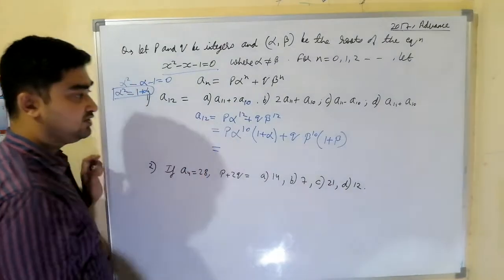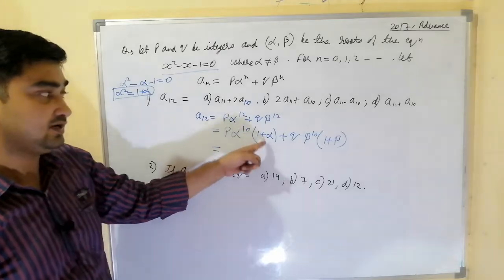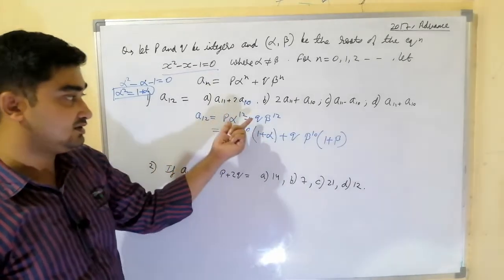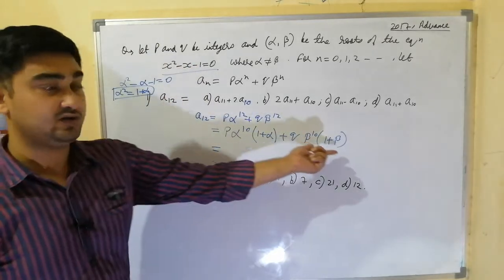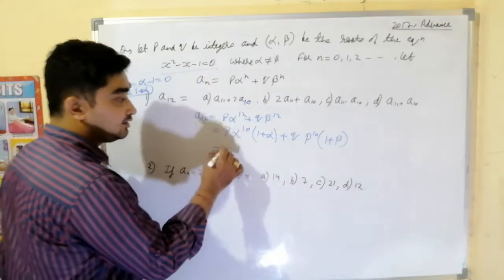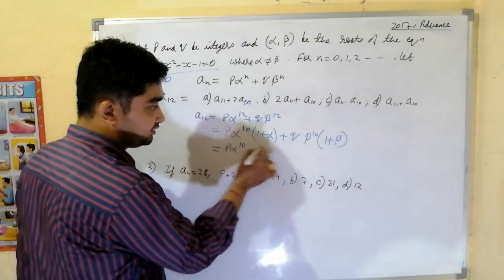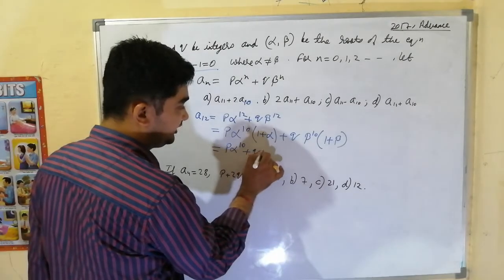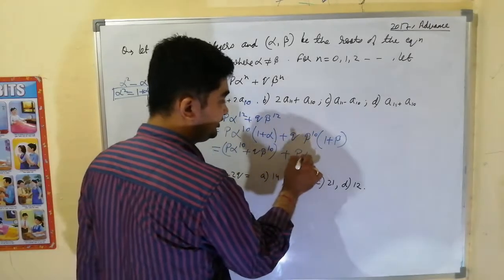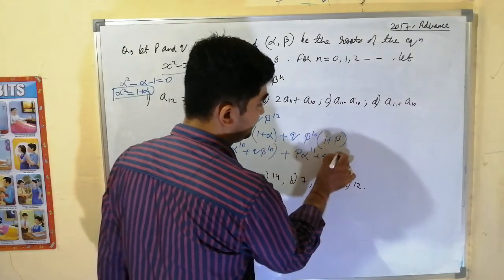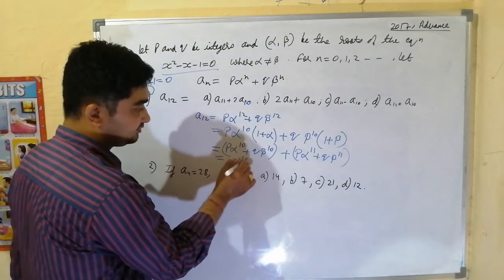Now, we are doing this because we have to write all answers in terms of 10 and 11. So we have to make the power 10 or 11. So 10 we are taking separately and the other square we are writing using the given equation as 1 plus alpha and 1 plus beta. Now, what is p alpha power 10 into 1? It is p alpha power 10. From here take this first part, q beta power 10, and write this separately. Plus alpha power 10 into alpha will become p alpha power 11 plus q beta power 11. Write this separately.